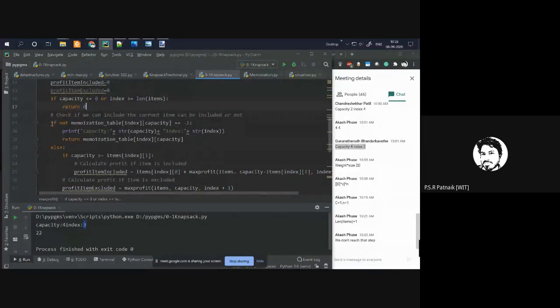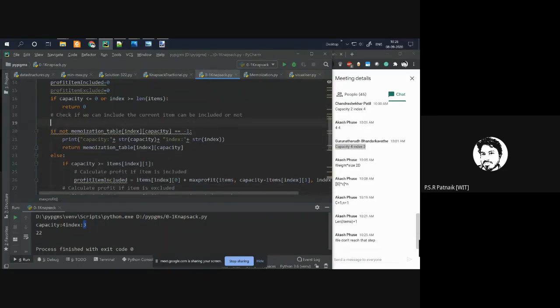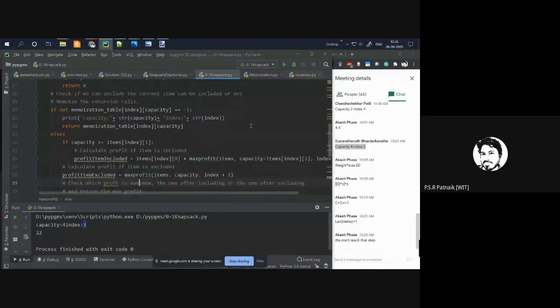So here is where I go for memoization. I'll write it once here: memoize the recursion calls. So here I am applying this memoization concept.